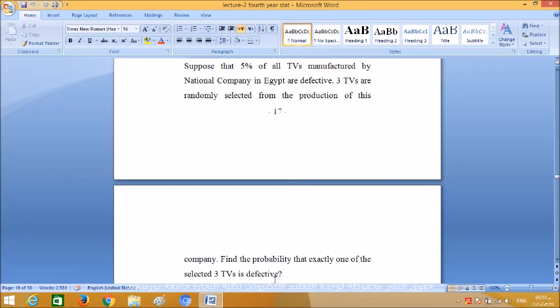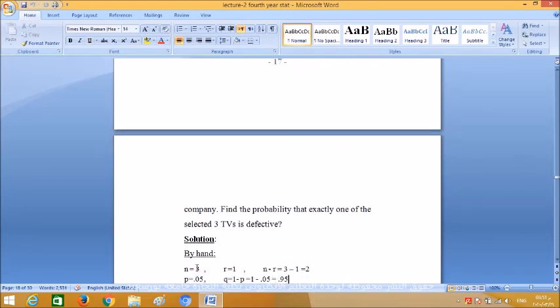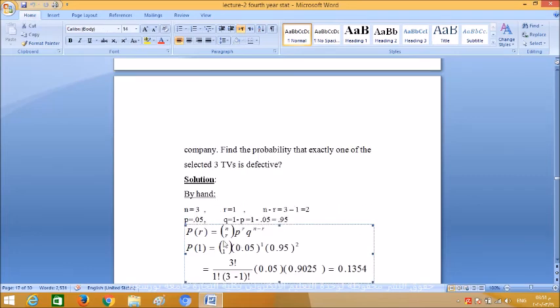How many ways can you select 1 from 3 defective TVs? By hand, the number of trials N equals 3. R, the selected number, is 1, and N minus R equals 3 minus 1 equals 2. Probability of success equals 5%. Probability of failure equals 95%. So P of R equals NCR, P power R, Q power N minus R, or P of 1 equals